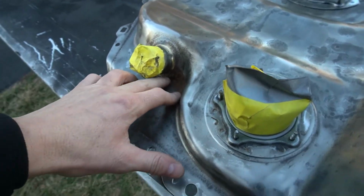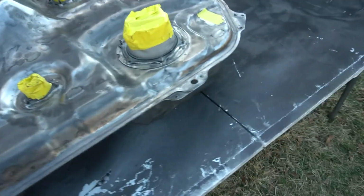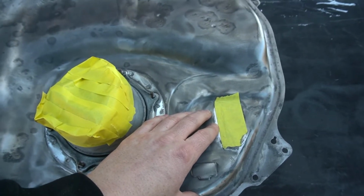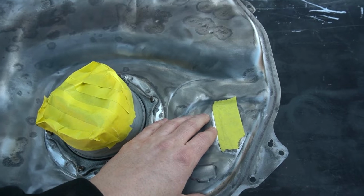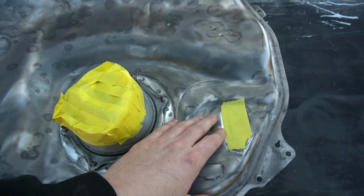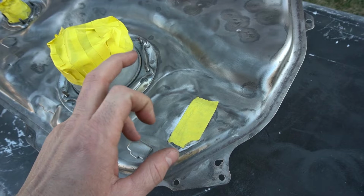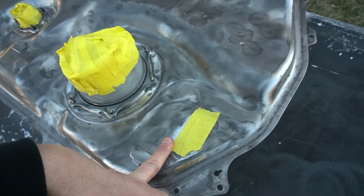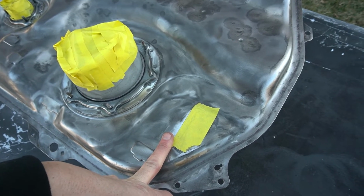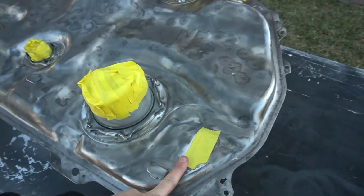So that's the only spot left, but I contacted a shop and I need to take the tank over to them to check on this hole right here. It's a little too late in the day today to do it because it's already rush hour and I would get over there well after they close. So I'm gonna skip to the next day and we will run this tank over there and see if I'm just totally screwed or we can make it work and get this hole patched up, and then we're back on track and good to go. If not,